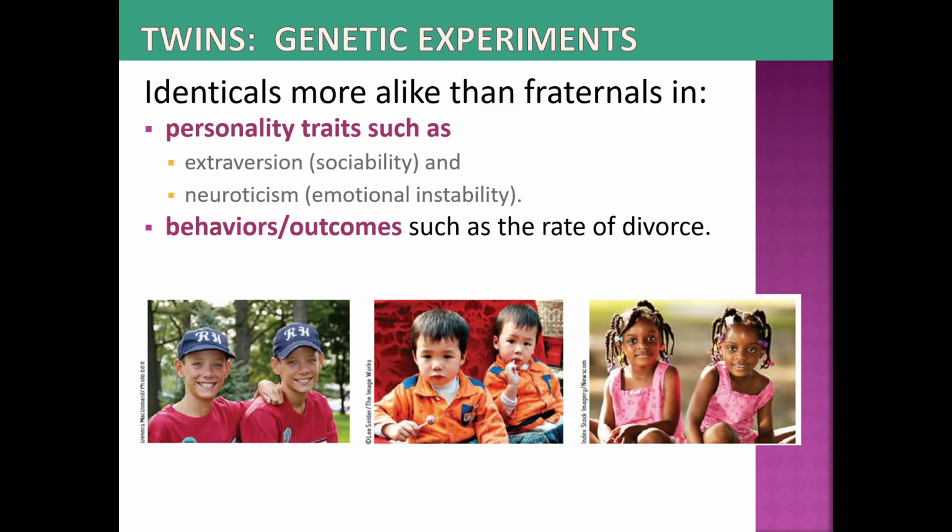Behavior outcomes. This is an interesting one, such as the rate of divorce, right? You might think, well, that can't possibly have anything to do with genes. But there has been a lot of research that has shown that people who are higher in neuroticism are more likely to end up divorcing, and especially if both members of the couple are high in neuroticism, the rates of divorce are much higher. So it's possible that it could be this personality trait that is underlying the likelihood of divorce. It's also possible that having certain kinds of traits attracts certain kinds of partners, right? And certain kinds of partners are more likely to get divorced, right? So there's a lot of interactions of a lot of different things that could maybe explain something like what seems